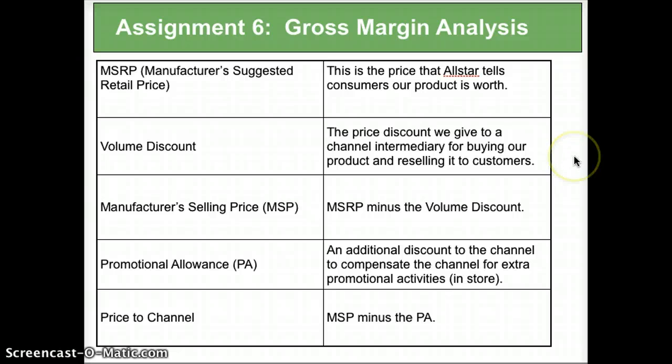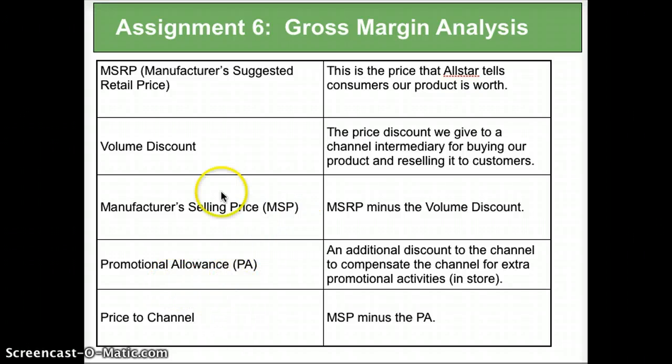Now, exercise number 6 was the gross margin analysis. This first page here, again, is reproduced from the PDF file for exercise number 6. And this just defines some of the terms that you will need to understand in order to calculate the gross margin. So we have MSRP, the manufacturer's suggested retail price, definitions here, volume discount, manufacturer selling price, MSP, promotional allowance,